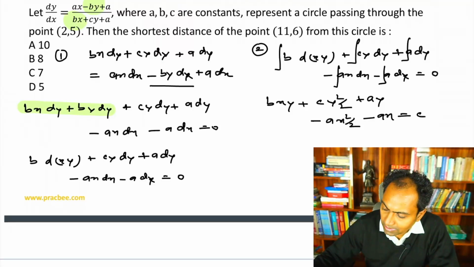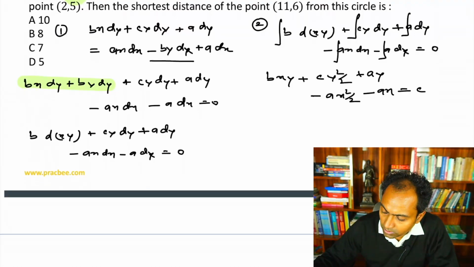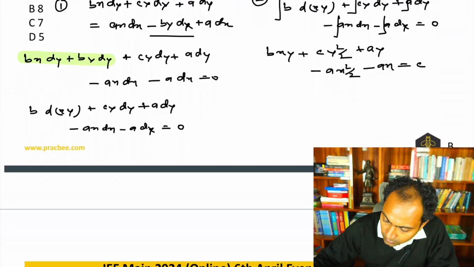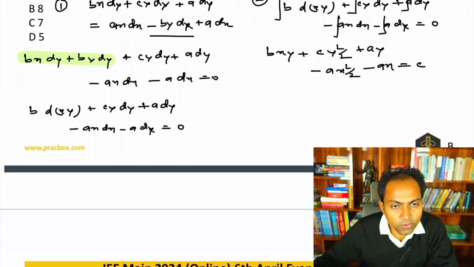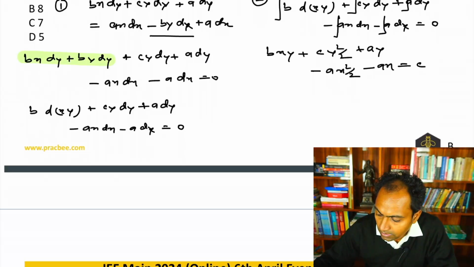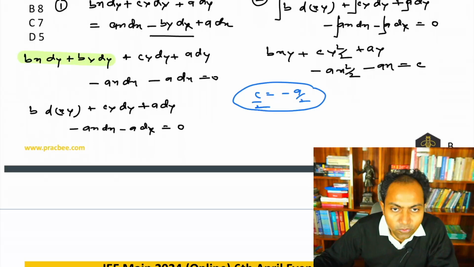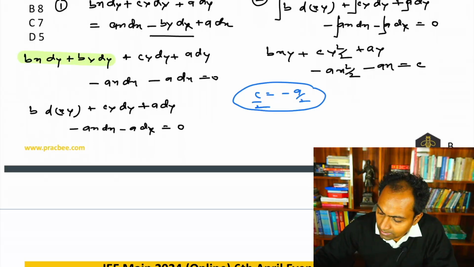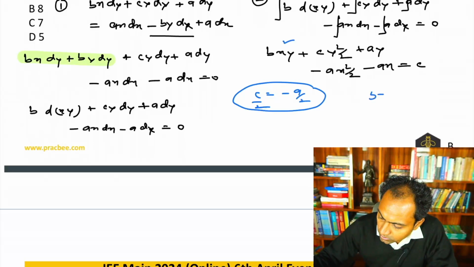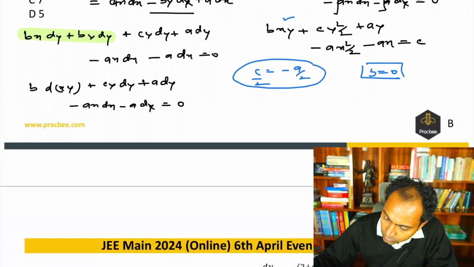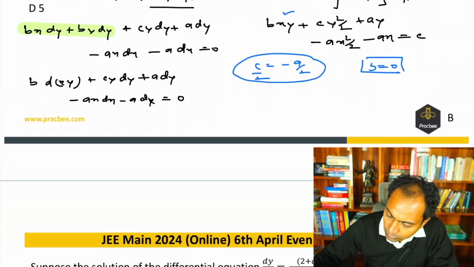See, if it is a circle, then there are two important things for something to become a circle. One is, in this 2-degree equation, the coefficient of x square should be equal to coefficient of y square. So that should mean c should be equal to minus a by 2. C by 2 should be equal to minus a by 2. So we have got the first relation. And another thing is, we can't have this xy term, so b should be equal to 0. So if I put these two conditions into place, what I have got is